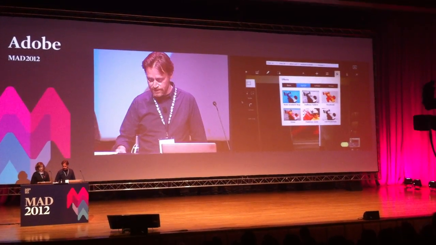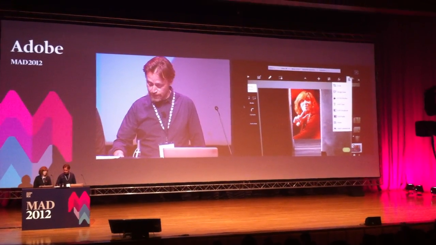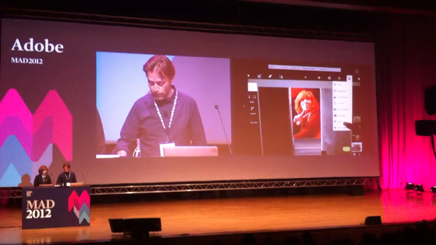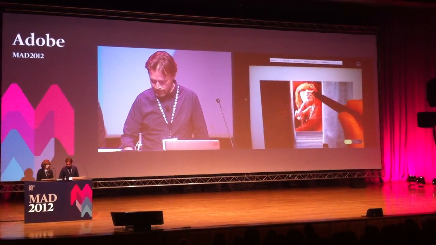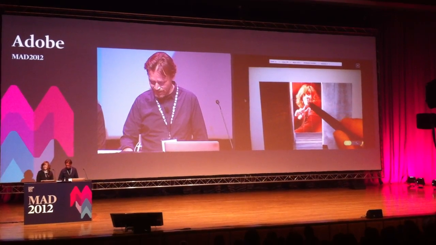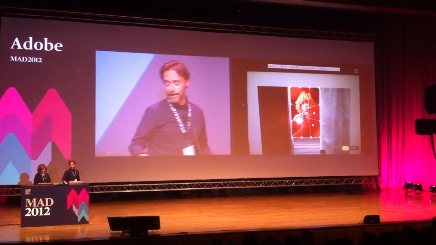Very much similar to what we have in Photoshop. And of course, all these more complex things, like for example the warping tool, which allows me to actually warp. Can I warp it? Oh yes. Okay, so you can be very, very creative with